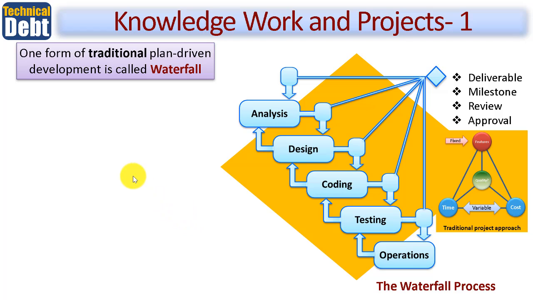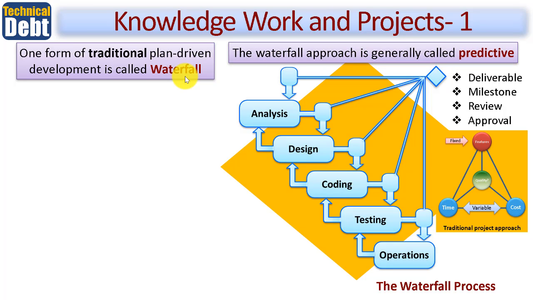So let me start off by sharing with you what's known as a traditional project. It's often called waterfall, although that's only one form. A better description here would be to call traditional projects predictive. And this diagram helps you to see why. You'll probably be familiar with phases or stages of product development, let's use that term, where you start off with analysis, then you design, and if it's got involved with software, you're doing coding. If it's not software, you're developing, and then you test it to make sure it works, and then you pass it on to the operational area, which could be your end customer. In other words, sales and marketing will start selling it.